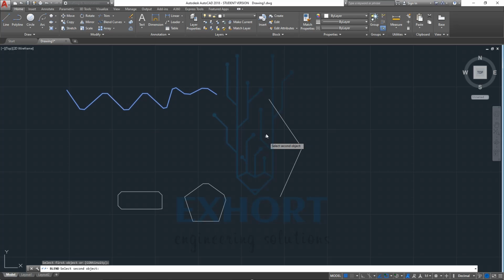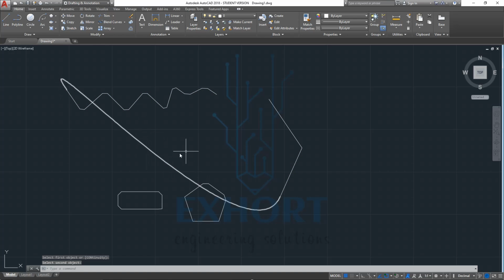I will say this is my first object, and as we go here you will notice that we have started drawing from here and from here, so it will draw a curve from the starting point of this line and the starting point of the other line. As we go to the end point, the blend curve will be drawn from the start point of the first line to the ending point of the second line.